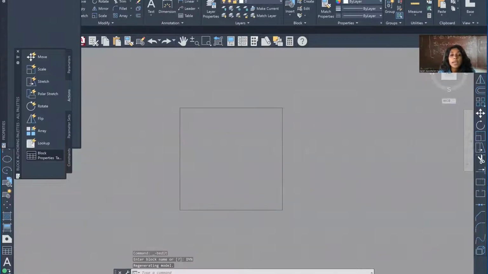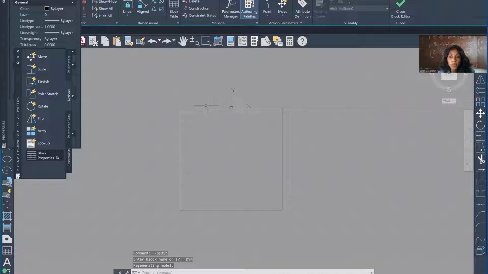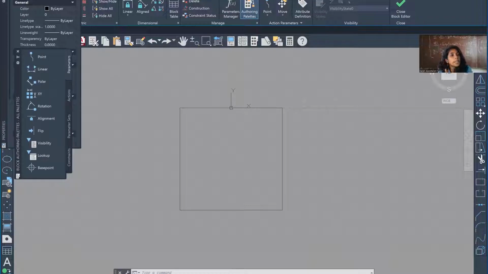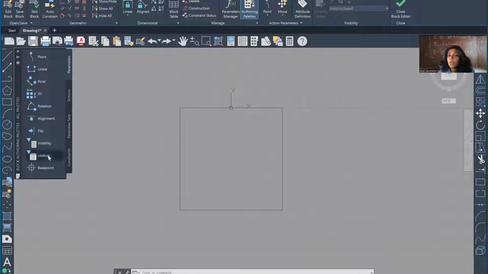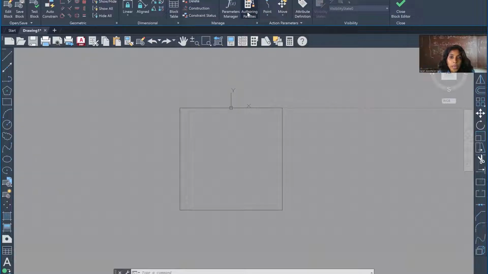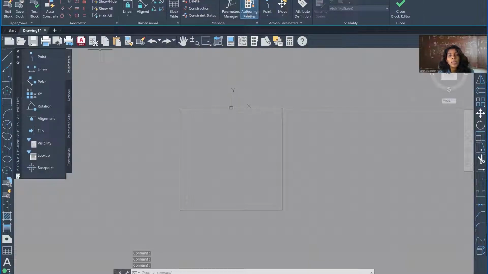So what we're going to try to do is add a stretch quality to our not so dynamic block right now. So it's a square, and every time you insert it, it's going to be a square. And now we want to add some fancy stuff to it, so it is kind of dynamic now. You should be able to see this. If you're not able to see this, click on authoring palettes right here, and that's what helps us add dynamic